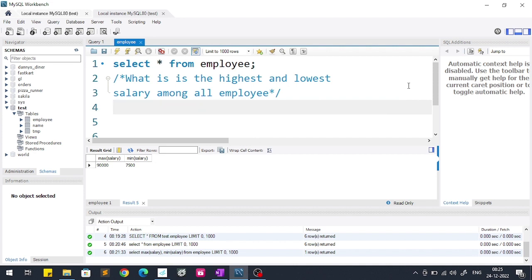Okay, so in the first question it is asking what is the highest and lowest salary among all employees. So to find the highest salary, we will use max function. Okay. So we will write select then max, and for which column we want to find the highest value, salary. Then we will provide the column name salary, and then from the table name employee. Okay. So if we fire this query,